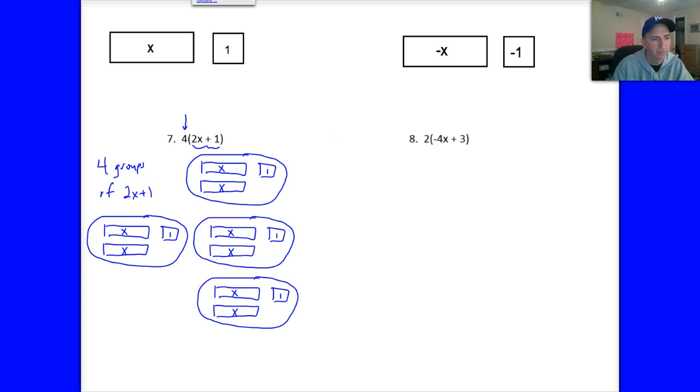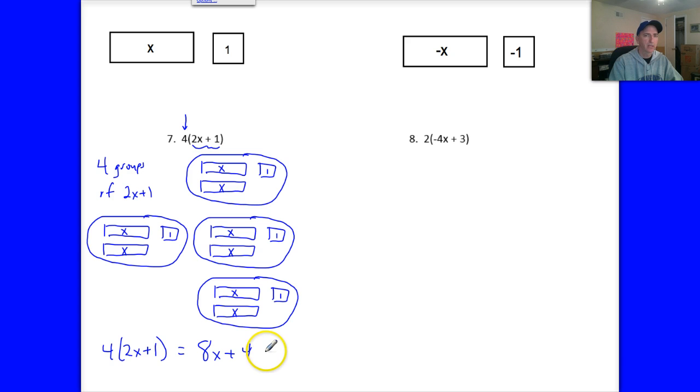So if I asked you to simplify, what is 4 times 2x plus 1? To simplify it means tell me the most simple form. How many x's do you have? 1, 2, 3, 4, 5, 6, 7, 8. 8x plus 4. Okay, so 4 times 2x plus 1 equals 8x plus 4. Now, some of you may have already noticed a fast way to do this without drawing